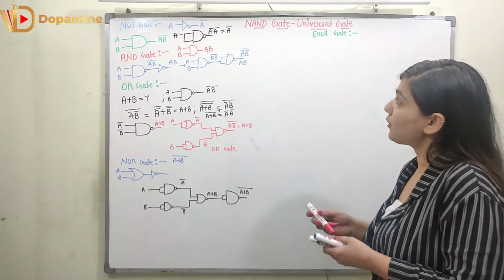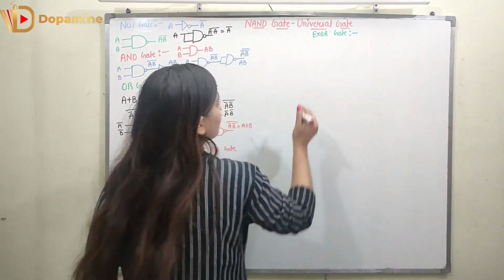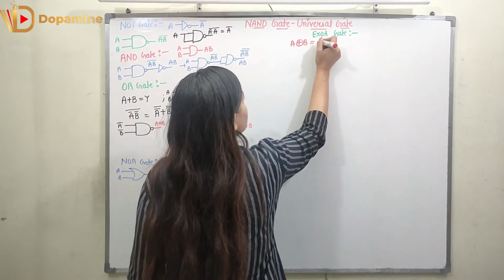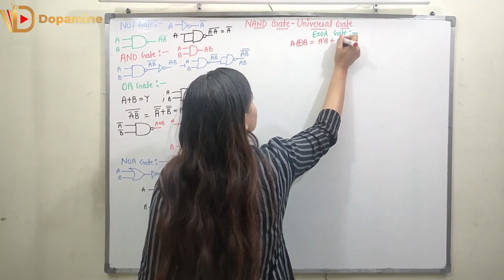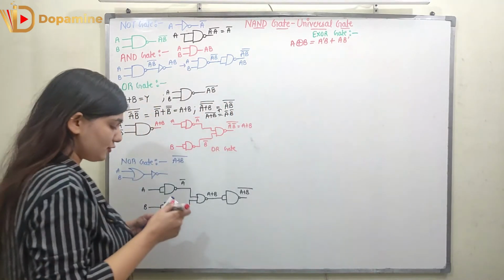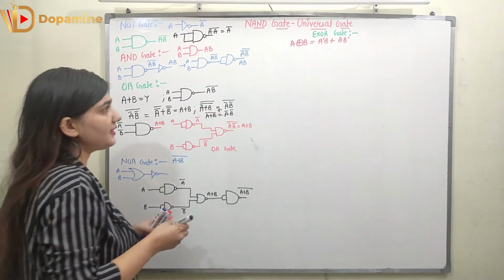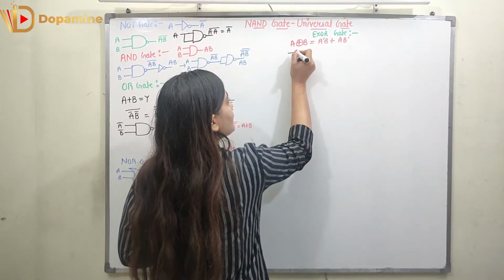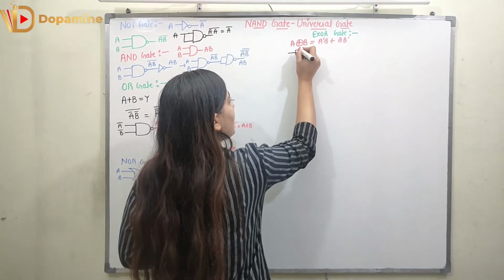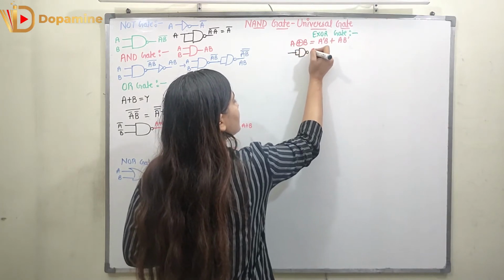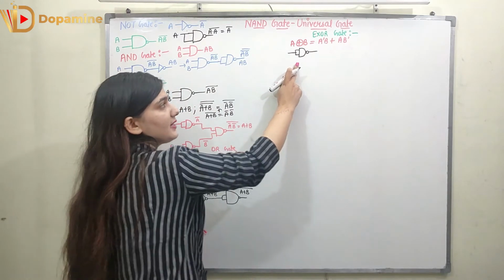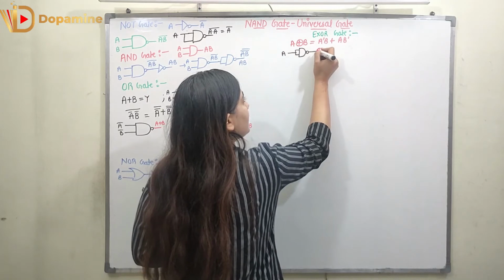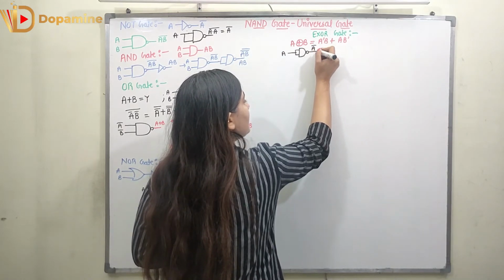Right? So in the XOR gate I have to use the NAND gates only. What is the XOR output? A XOR B can be written as A bar B plus A B bar. Right? So now I am going to make a structure and then I will show you how the structure will be A bar B plus A B bar. So first of all I need A bar. For A bar I am going to use an inverter. This is an inverter, right? With the help of a NAND gate I will have an inverter. So now this is the inverter of A, right? So here I will get A bar.